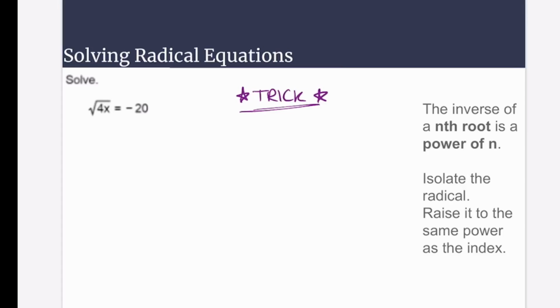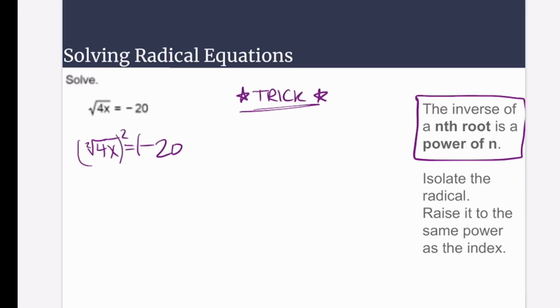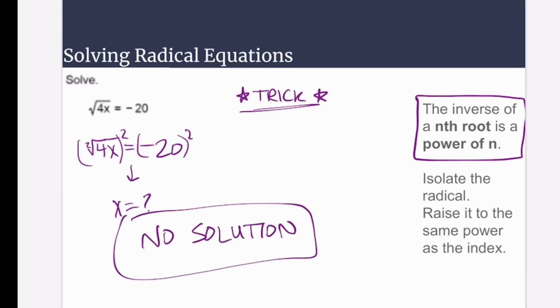So if you look at this, you will most likely default into, okay, let me do inverse functions. And you see it's a square root. So you immediately start squaring and doing all your work. That's fine. You'll do it. You'll get an answer. The problem is there's no solution. It doesn't matter what math you do. There is no answer to this problem. The reason is all because of